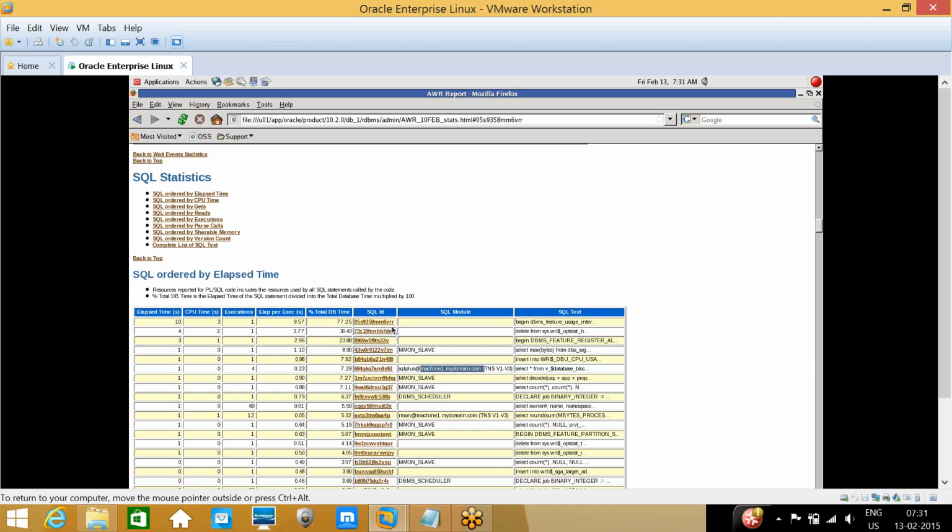If you want the user, then we need to take the SQL ID and check in V$SQL or V$SQL_AREA, and join V$SQL with V$SESSION also. But the sessions are not active right now, right?